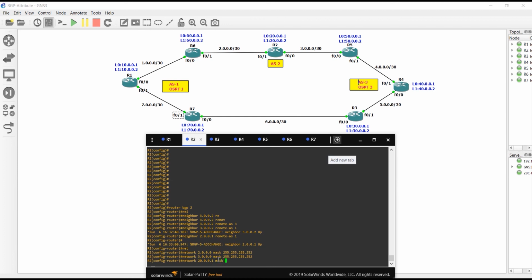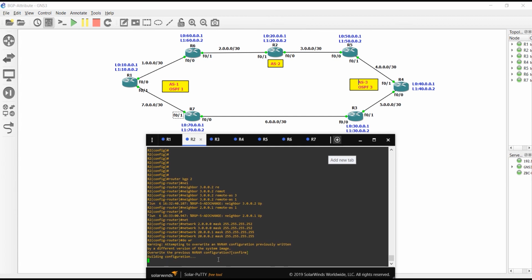And mask is 5. And number 2 for another. I think this is okay. Yeah, there is nothing more. Okay, guys. Now we should check